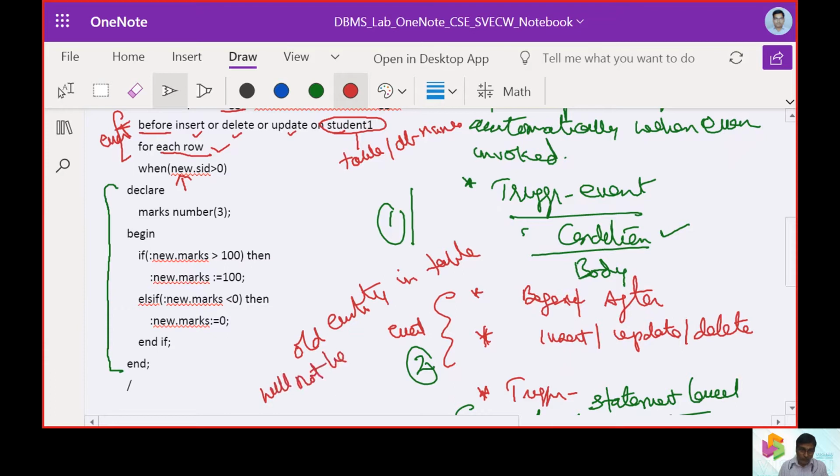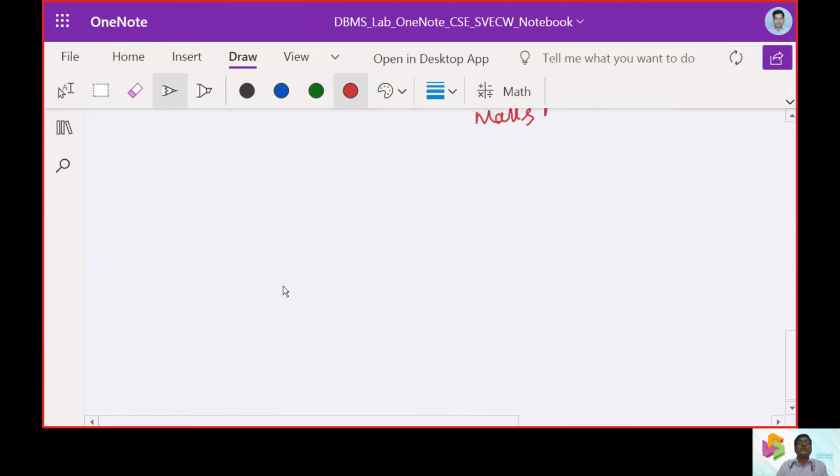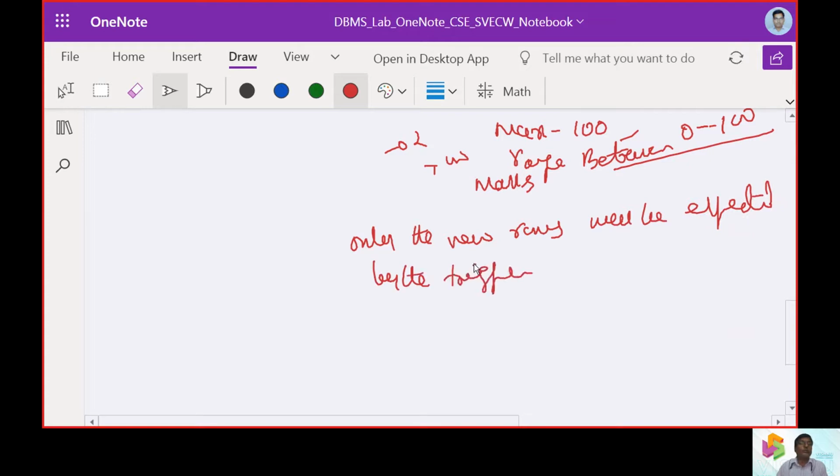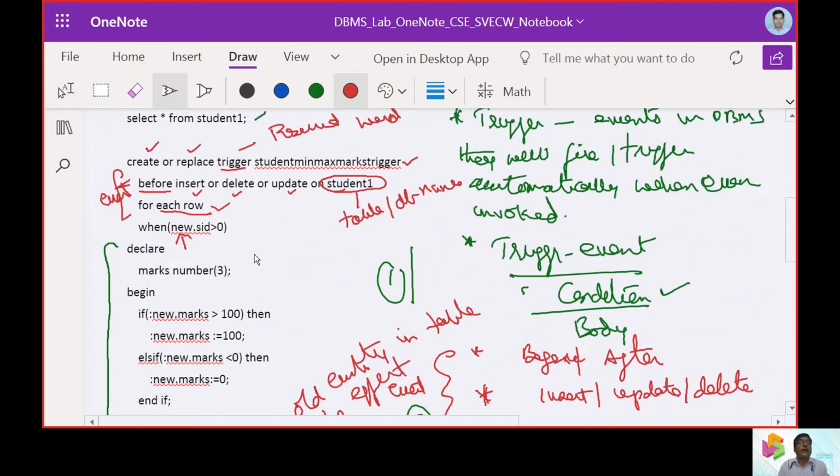So only the new rows will be affected by the trigger. So that is why we say here as new.sid.